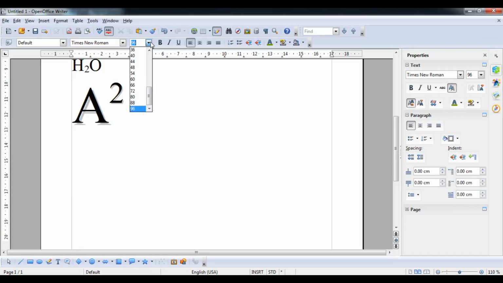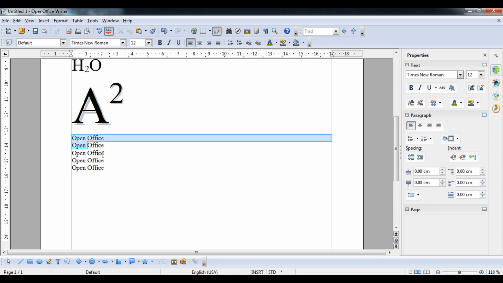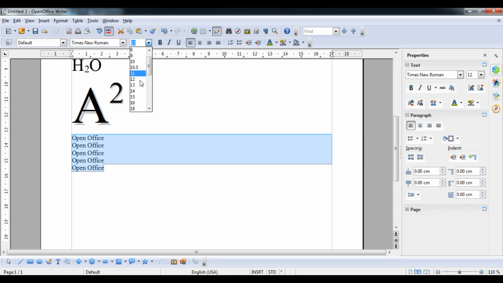So come to the open office again, and I'm going to just decrease its size because I will type more content here. So what I will do here, student, is first one case. Suppose that open office. Okay, this is my particular this one thing. I will erase this particular format. Okay, so I'm going to copy it multiple times. How many times will I type? 5 times I will type, and I will increase the size of this also a little bit. By that you can see it easily.